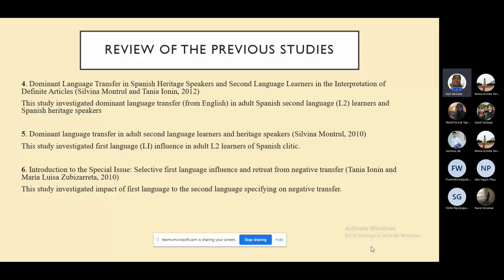So reviewing means evaluating. It is not only describing what happened in the previous studies, but you have to evaluate, and to evaluate them, you have to compare the previous studies with your topic. So you can classify them. Let's say you have, for example, 10